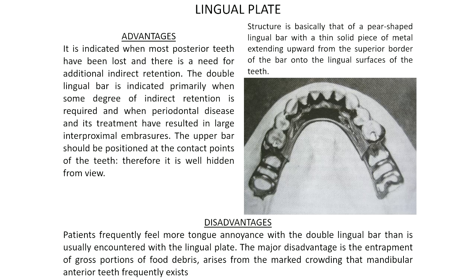restored, and the double lingual bar is indicated primarily when some degree of indirect retention is required, and when periodontal disease and its treatment have resulted in large interproximal embrasures, and the upper bar should be positioned at the contact points of the teeth. Now the disadvantage is that the patients will feel more tongue annoyance with the